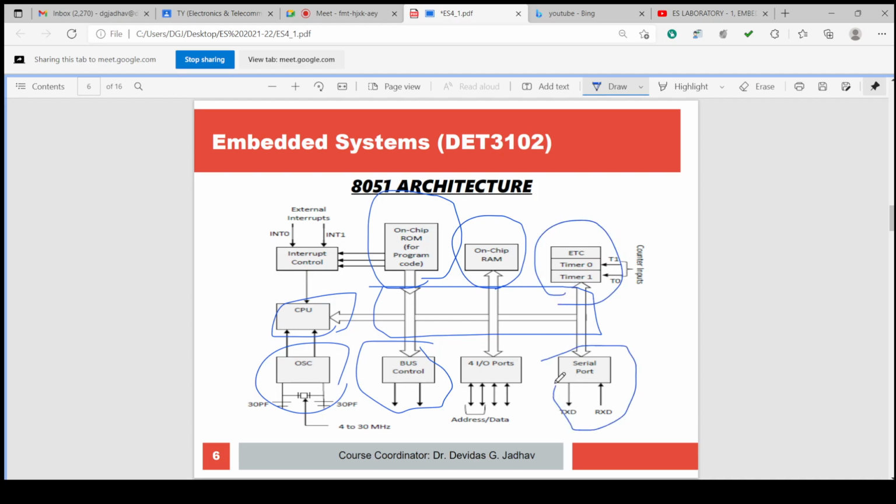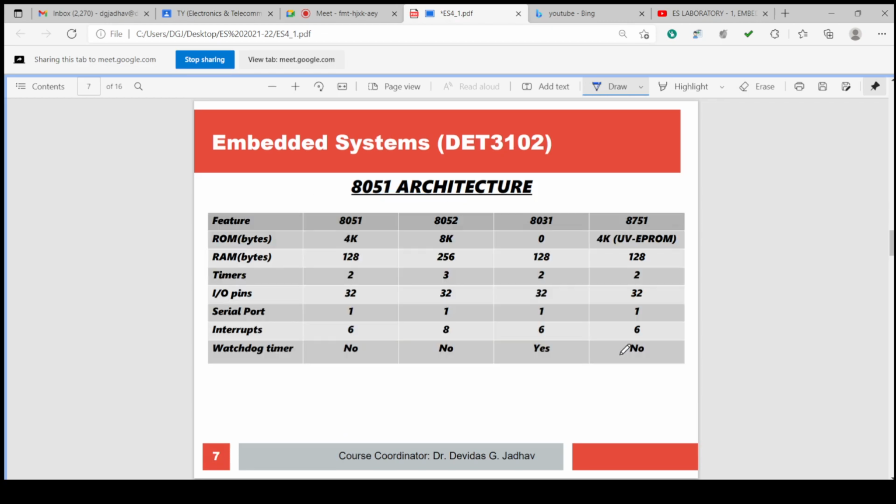There is a full duplex serial port, transmitter and receiver. There are 4 IO ports, and each port has 8 lines, so 32 lines are there for input output. Then there is an interrupt controller, so the interrupt facility is also there.